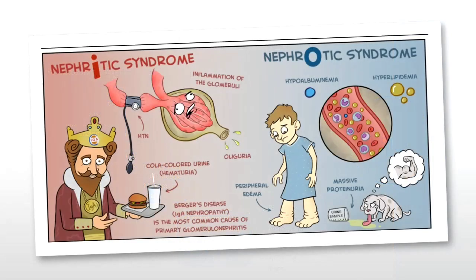Now let us come to the applied aspect. Here, let us discuss two common diseases that we tend to confuse often: nephritic syndrome and nephrotic syndrome. Nephritic syndrome or nephritis is any condition associated with the inflammation of the glomeruli. What this does is basically increase the permeability of the glomerular membrane for proteins and red blood cells. The presence of red blood cells in the urine, which is not a normal constituent, gives it a cola color. The most common cause of primary glomerulonephritis is Berger's disease or IgA-mediated nephropathy. Diabetic nephropathy is another leading cause of glomerulonephritis.